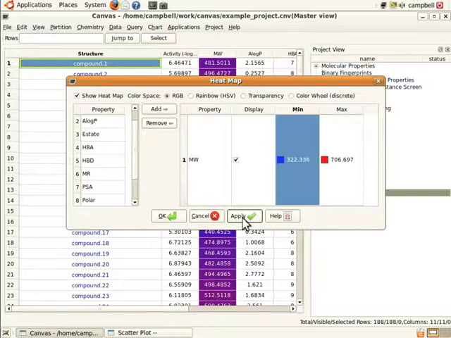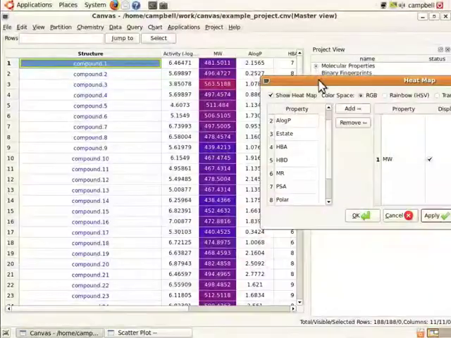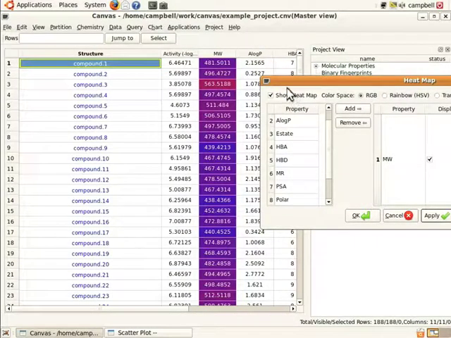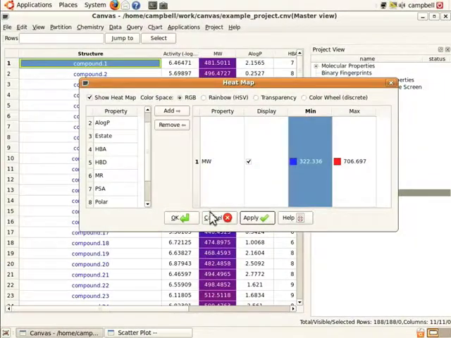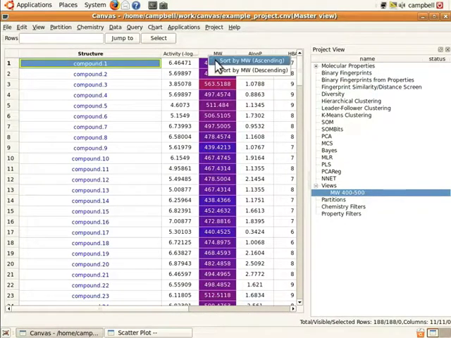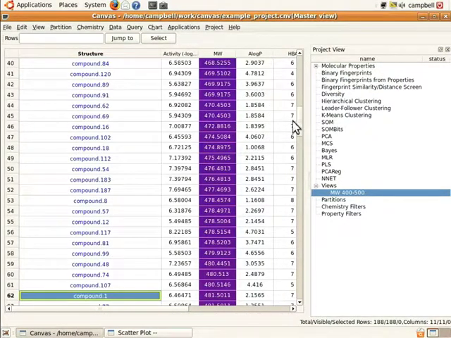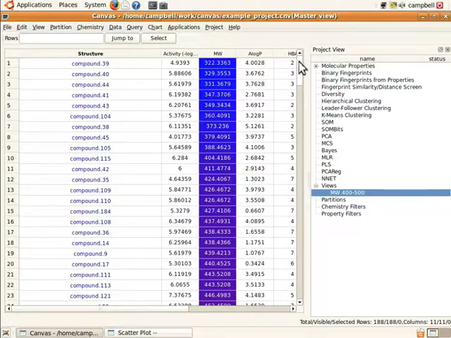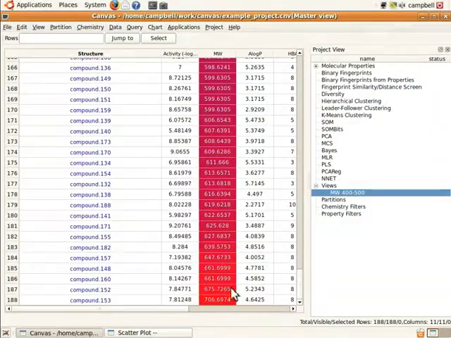So there we go. You can see that I've clicked Apply and the heat map now appears in the table. I'll just move this out of the way so we can get a little bit better view. Now, just to drive things home, I'm going to click on OK to accept things, and I'll sort the table according to molecular weight. And here at the very top of the table, you can see that the colors are light blue, and the color gradient proceeds fairly smoothly as we scroll down the table and get to the higher molecular